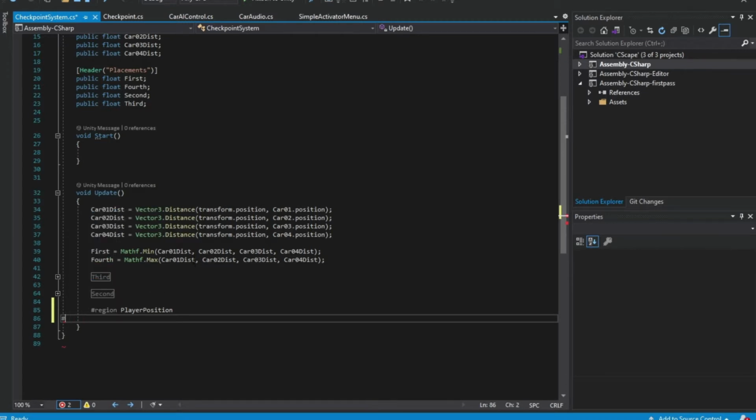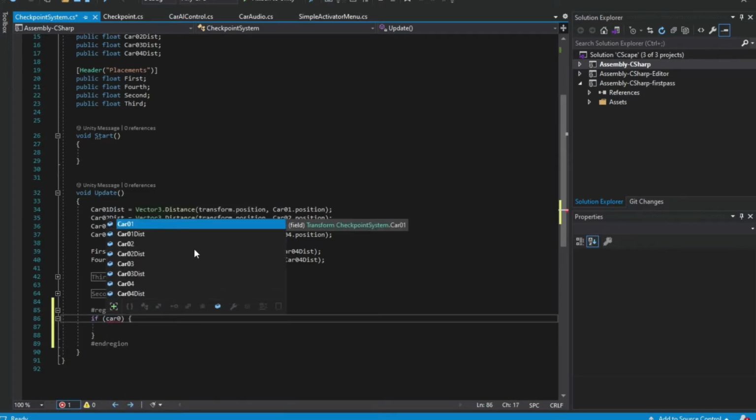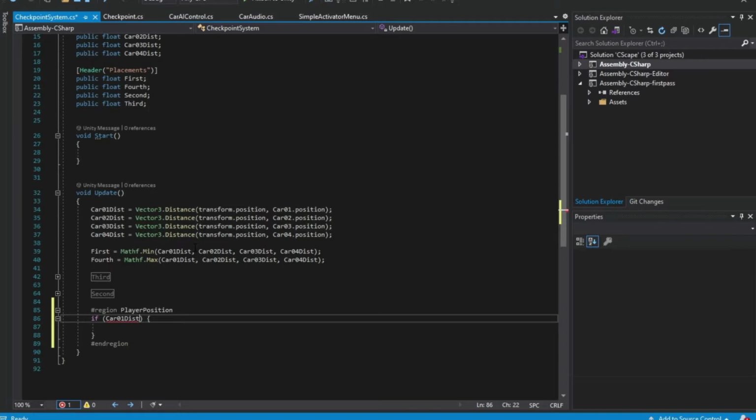No, not end def, end region. Okay, now on here I'm going to say if car01 dist equals to first,